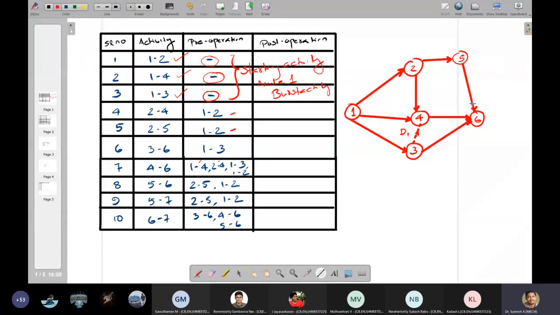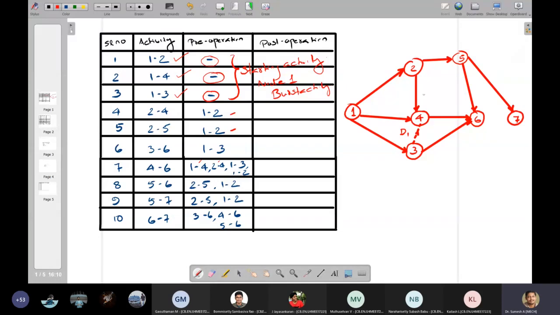How to proceed? 5 to 7 has predecessors 2 to 5 and 1 to 2, so there will be a new activity, 5 to 7, to node number 7. So 1 to 2, 2 to 5, then 5 to 7.